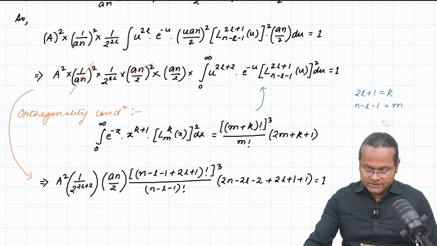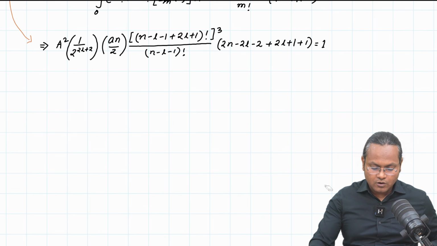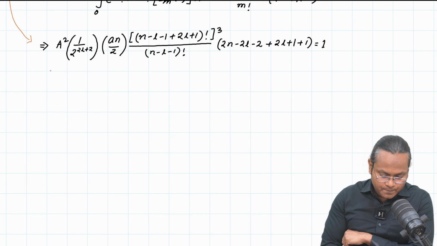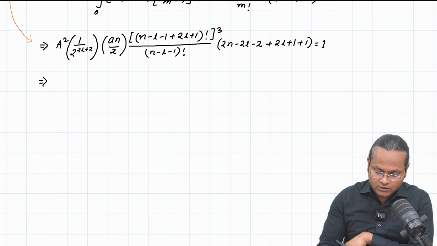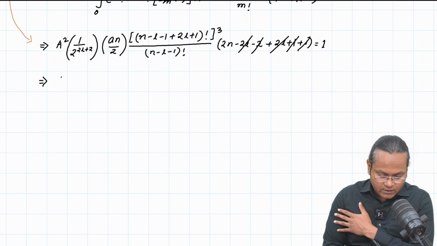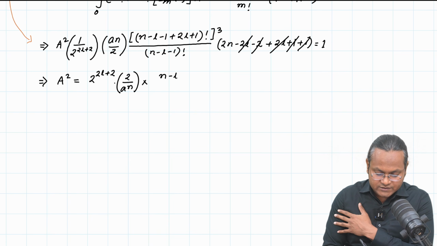So now this equation takes the shape of something that will look in this manner. But before that, let me cancel out some of the terms here. 2l and 2l get cancelled, and minus 2n plus 1 gets cancelled. So we are left with A squared is equal to 2 to the power 2l plus 2 times 2 upon an times (n minus l minus 1) factorial upon